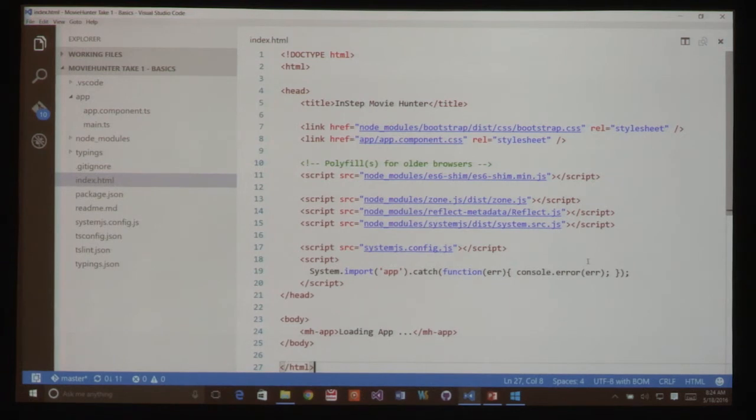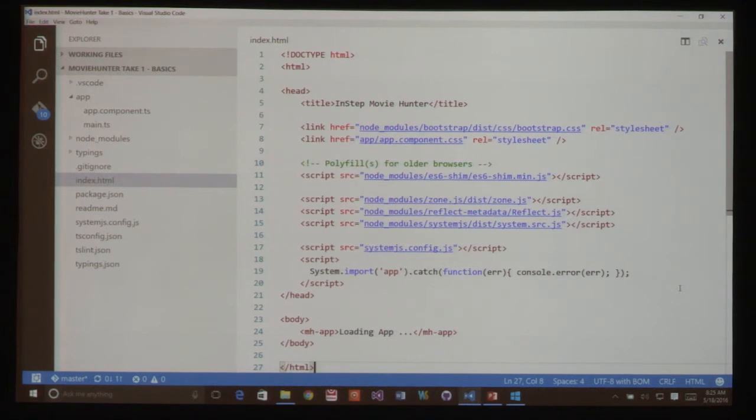I also want to talk a little bit more about what else is going on here. This is all the code that you will pretty much ever need in your index.html file to get Angular 2 to go. Now, if you bring in third-party libraries, you might need to add things here. But if you were coding in Angular 1, every single time you added anything to the project, you had to add a script for it here. You no longer need to ever do that. Okay, so that's really sweet because that was frequently something I would forget to do, and then I couldn't figure out why it wasn't working.